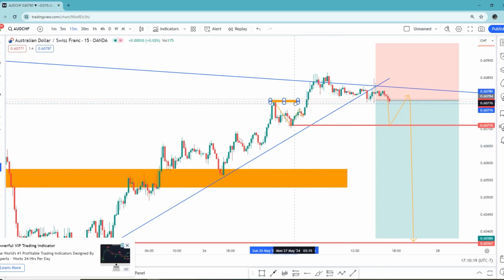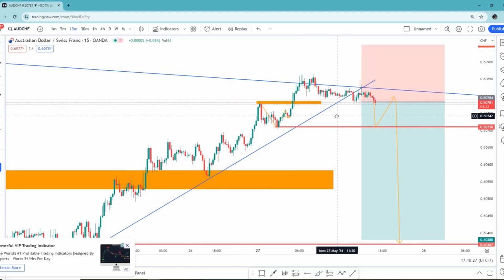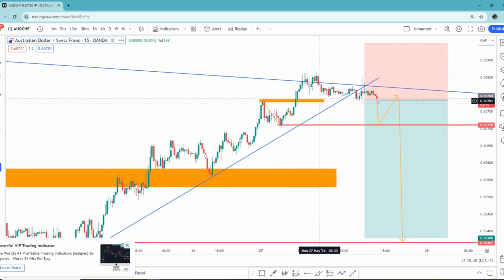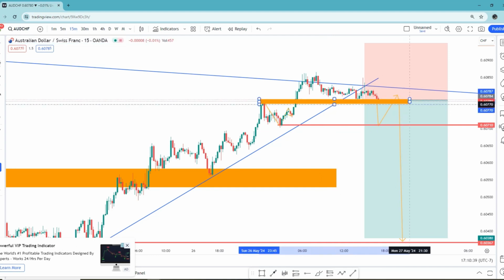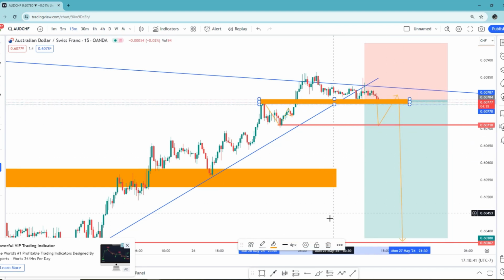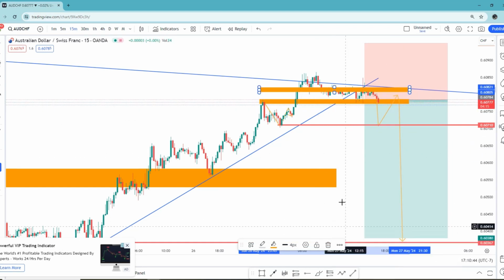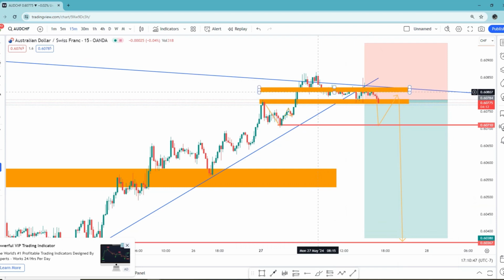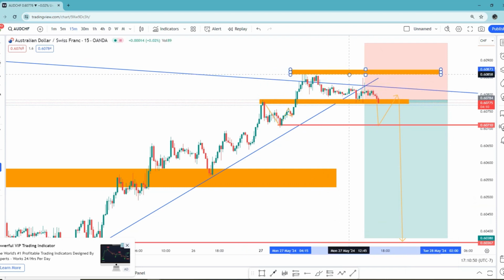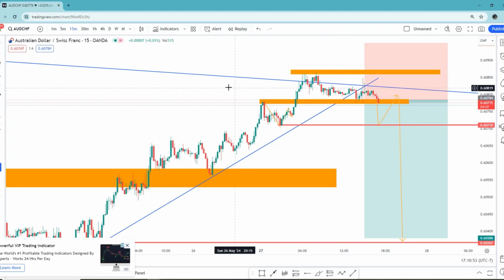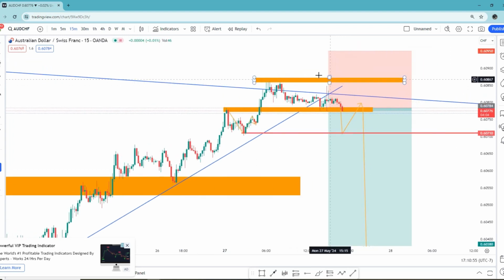You must already put something like this around this area, even before the market reaches this point. Even right now, you can also put another zone. Let me show you. You can do this, and you still can also do this. So you still can do this too, and be like, okay, I'm expecting the market to go on a downtrend,